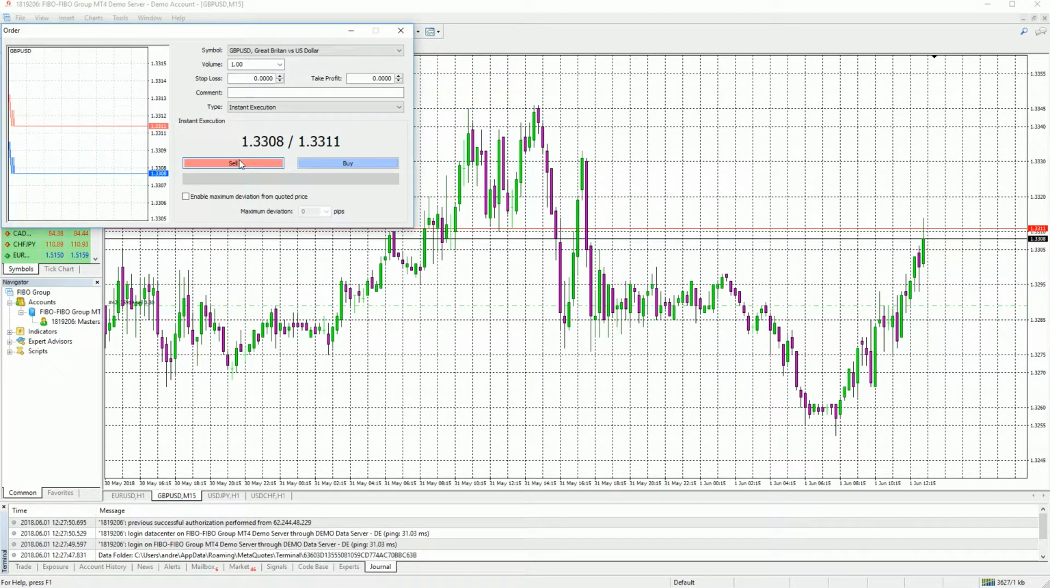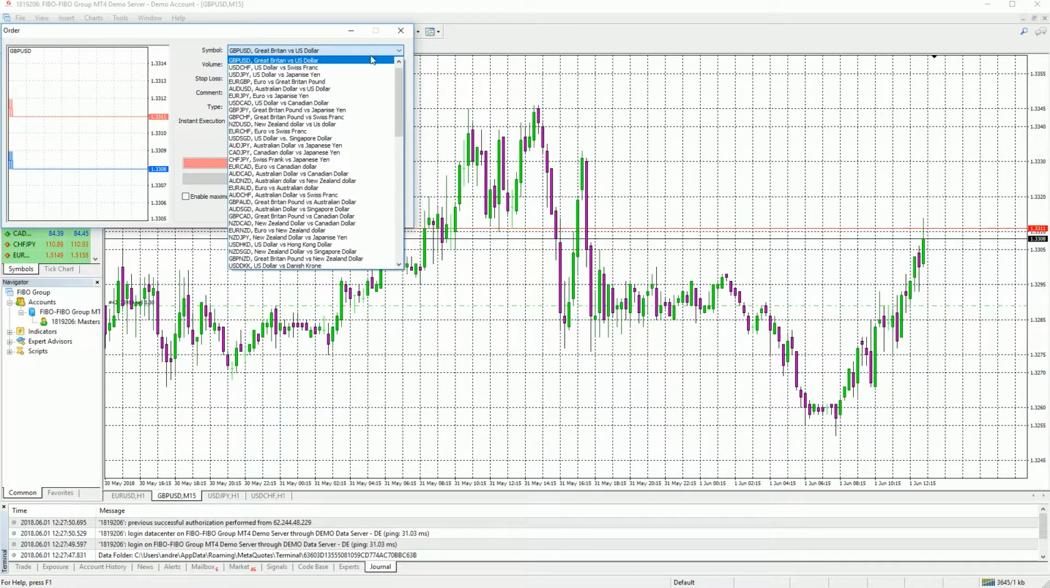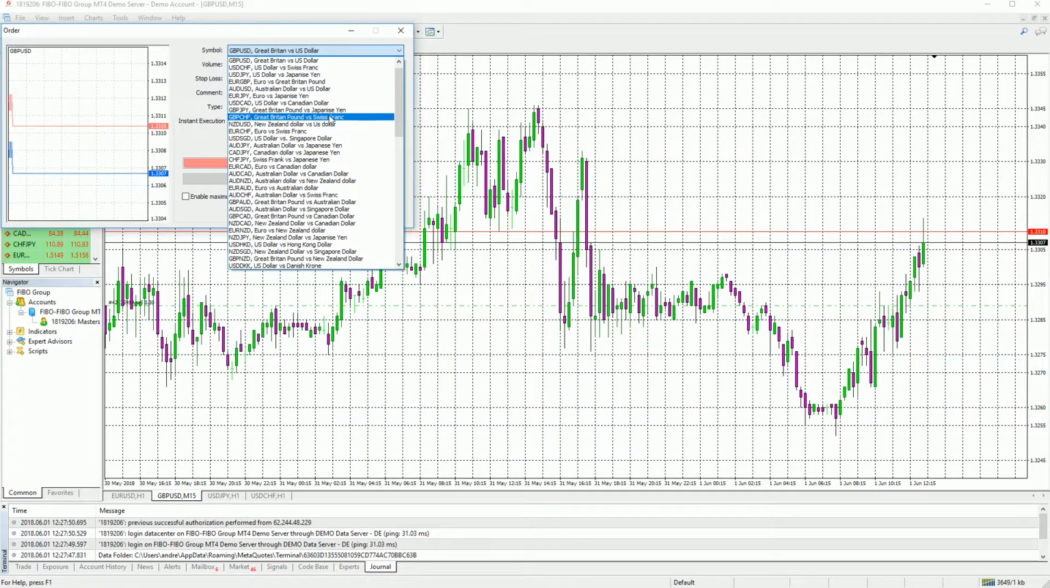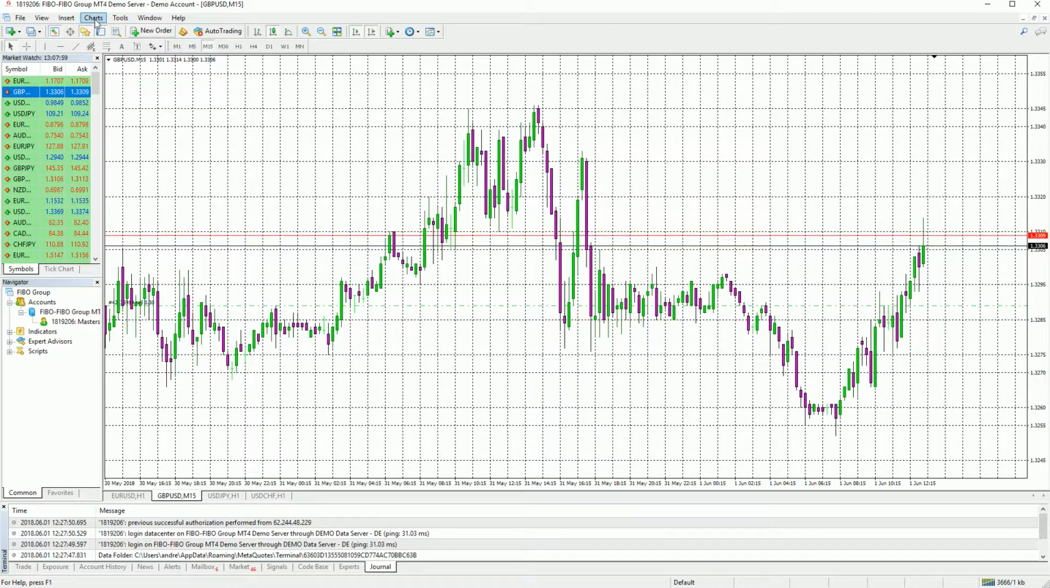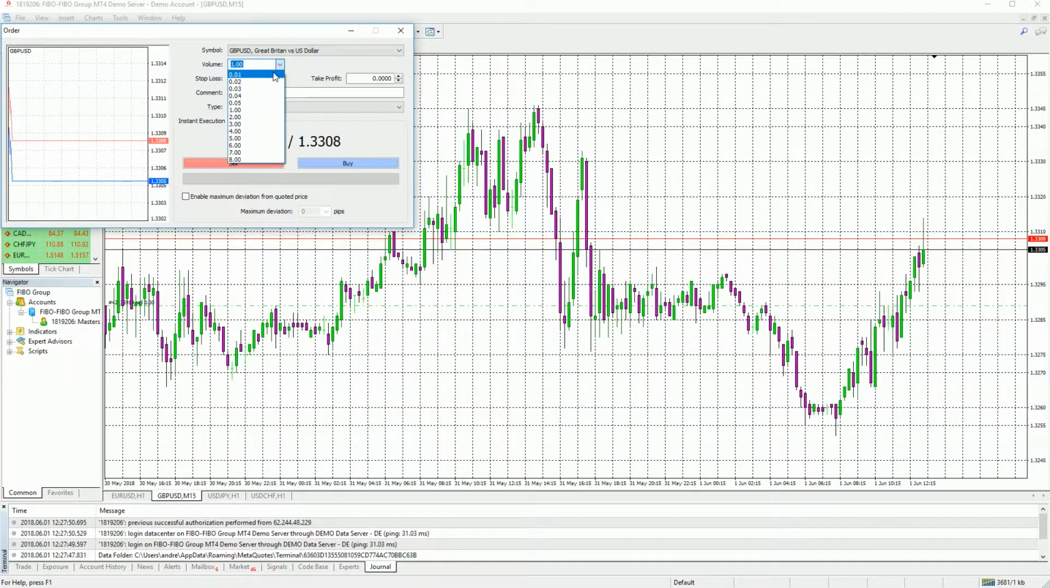In the order box, you can see a symbol drop-down menu where you can currently see the currencies that you have displayed in the chart. But you can choose from the drop-down menu any of the currencies available for trading. There is also a volume drop-down box which can be set to the size of the trade you would like to place. For example,